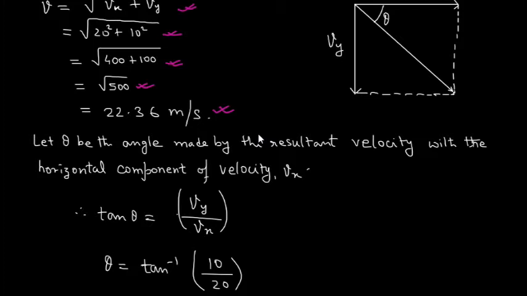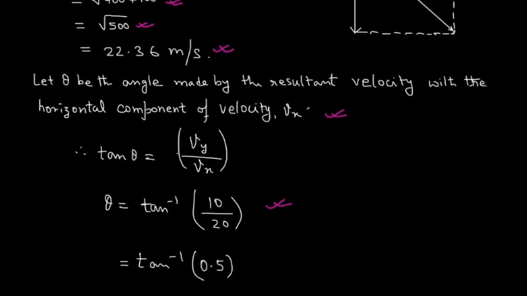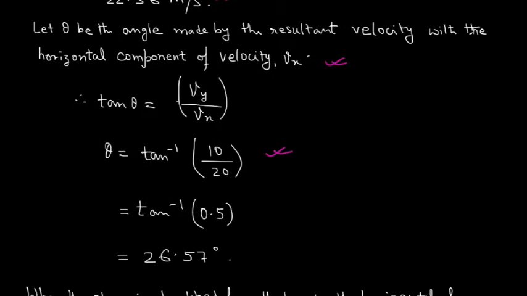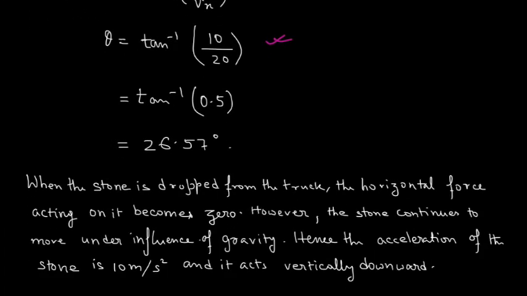Let theta be the angle made by the resultant velocity with the horizontal component of velocity, that is Vx. So tan theta is equal to Vy by Vx, theta is equal to tan inverse 10 upon 20. Now upon solving we'll get tan inverse 0.5, whose value is